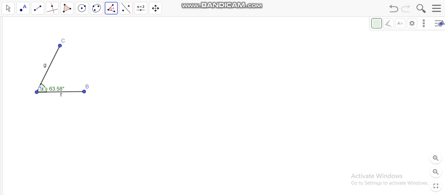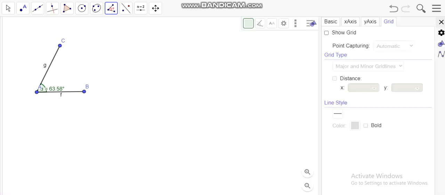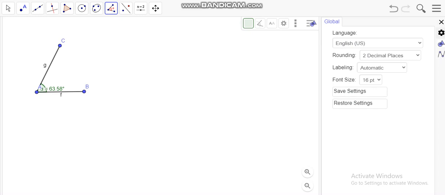Now what I'm not liking about this, that it has 2 decimal places. I don't want that. I want 0 decimal places. Now to do that, we go over to this section once again, click on settings, then click on this mini settings over here. Now as you can see, we have rounding as the second option.